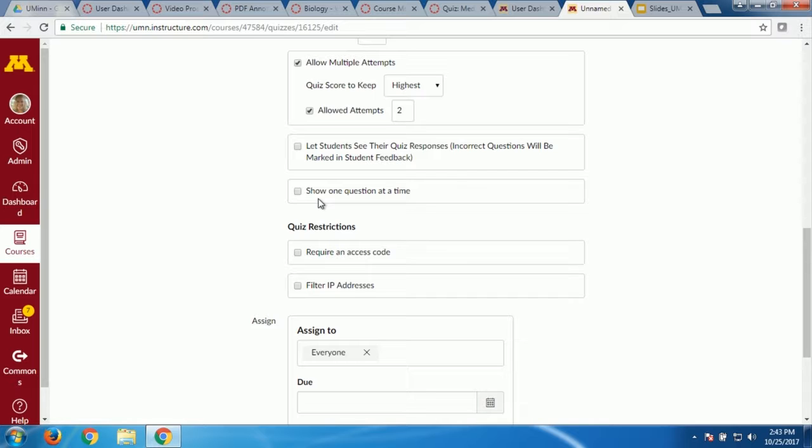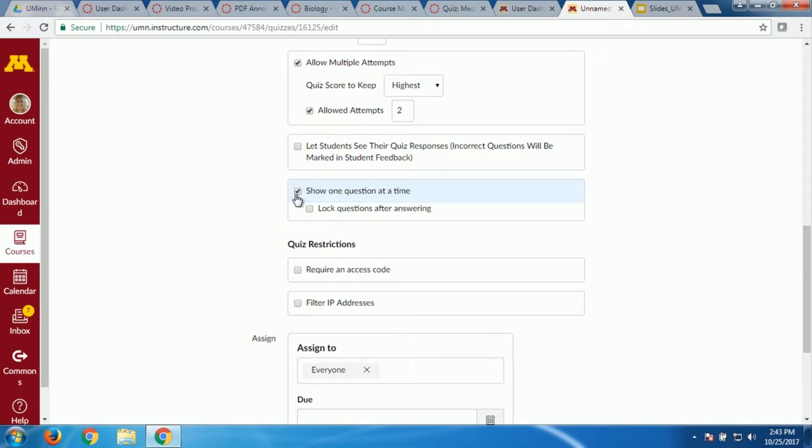You also have the ability to chunk content, showing 1 question at a time. That'll give them a nice next button. You can even limit so they can't go back. Maybe they have progressive questions. You don't want them to go back and change once they get to a question that kind of answers it. You can lock them from going back. Typically, we don't do that, but there's use cases where you might want to.